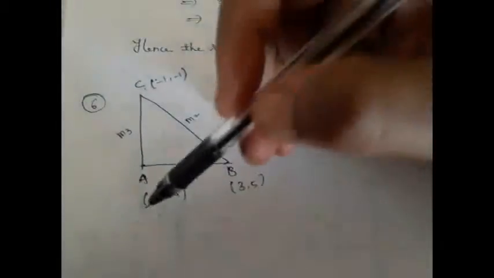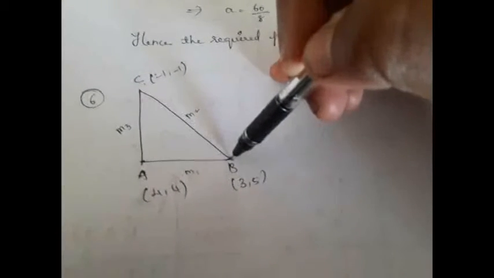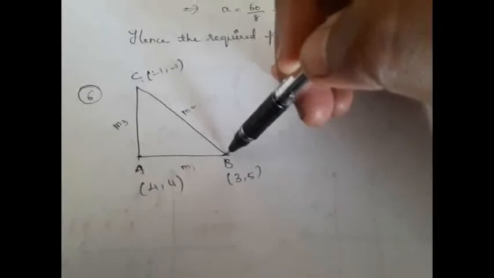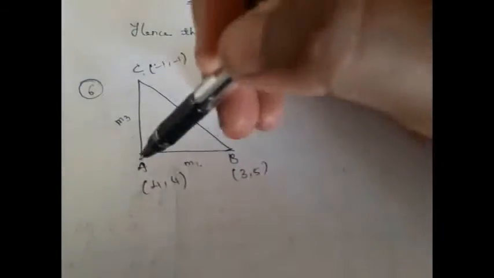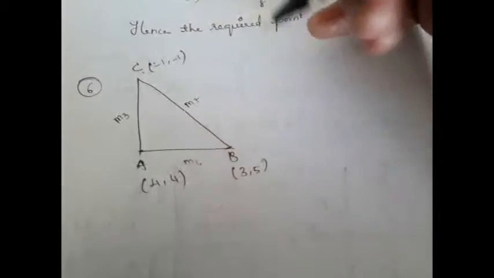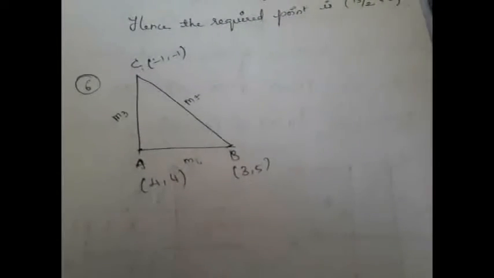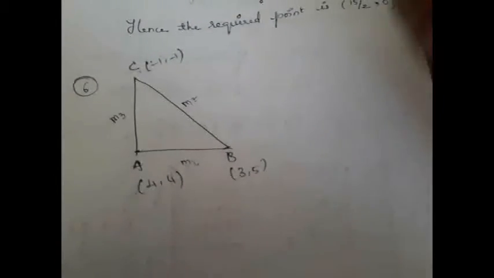So how can we find the slopes? Because we know 2 points on the line, you can use the y2 minus y1 divided by x2 minus x1 formula. We can find what is our m1. Similarly with BC we can find m2. With AC we can find m3. Once you know all the 3 slopes, check whether the product of any 2 slopes is equal to -1. If the product of any 2 slopes is equal to -1, those 2 line segments will become perpendicular, and hence we can conclude that these 2 sides of the triangle are perpendicular, and hence it is a right angled triangle, right? Hope you understood.